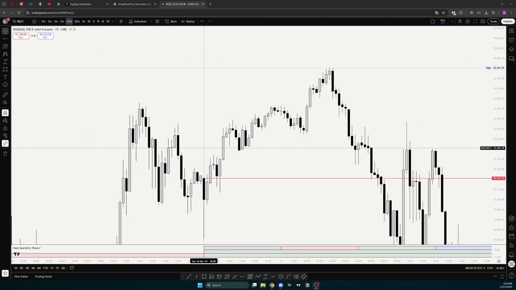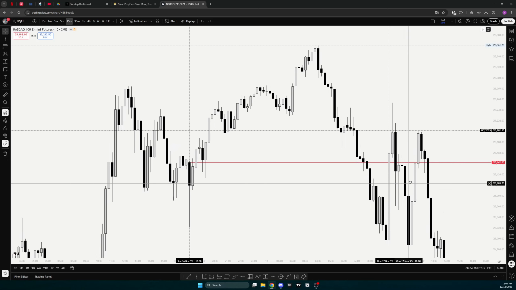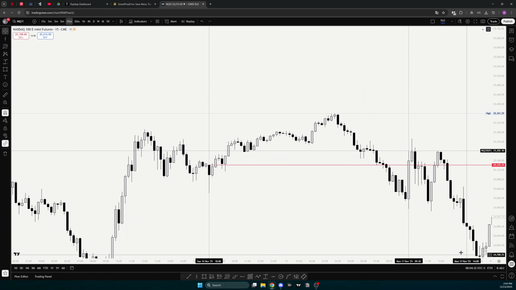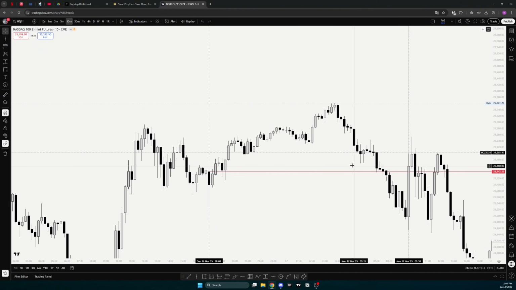The last thing I wanted you guys to know is, for example, as you can see right here, that is the New York Stock Exchange open, so 9:30 EST. And as you can see right here, the accumulation was in Asia. The manipulation was in Asia too. So we had both in Asia, and then the distribution already started in